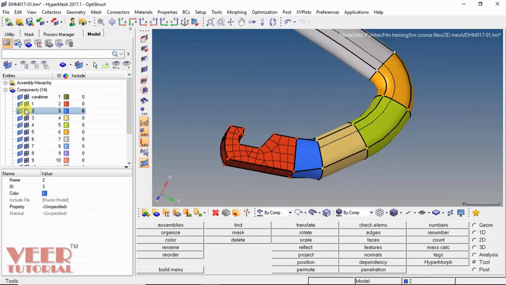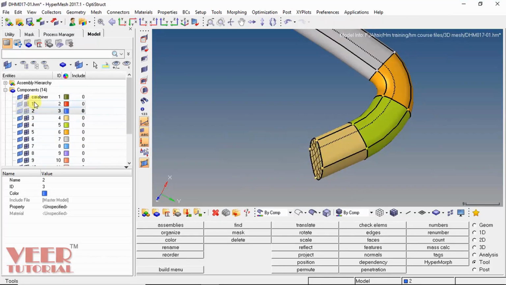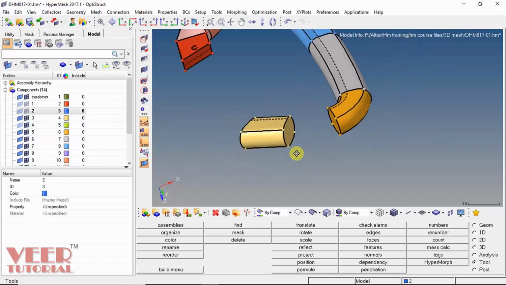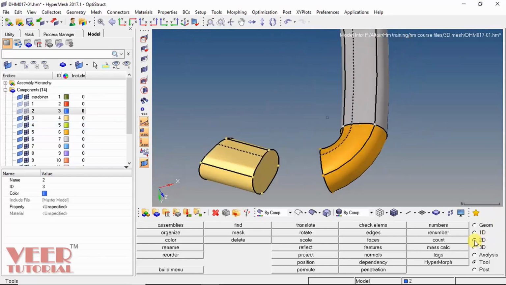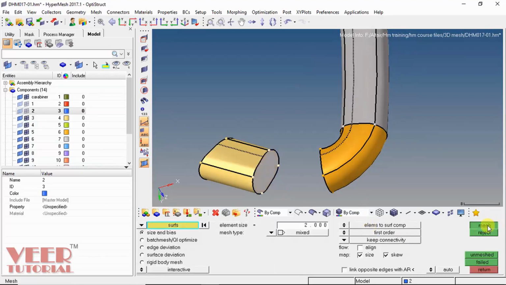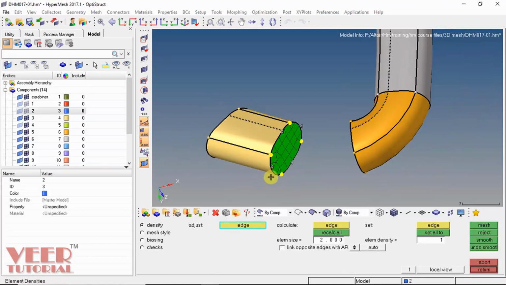So turn off the meshing on this 1 and 2. Turn off this element 1 and 2. Also turn off the element that is 4. And let's do the meshing on this surface. 2D mesh, auto mesh, select this surface and make it mesh. And we have to make sure that the number of elements is the same on both. So make it 6 and make it 6. Then hit the return.